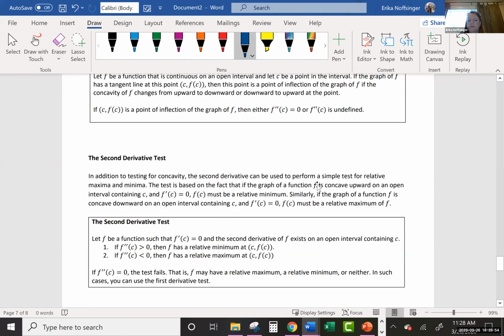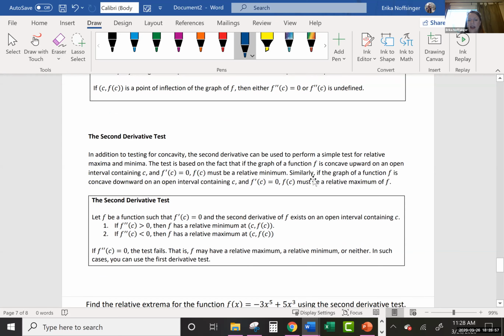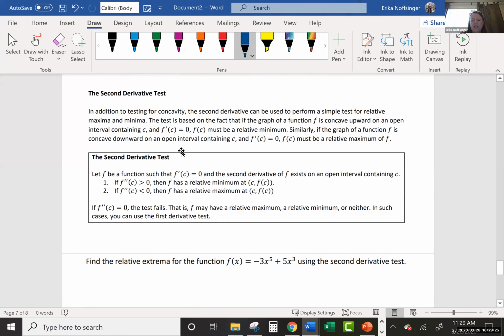So other thing that this chapter talks about is finding max and mins. And so one way that we were finding where a maximum or minimum point were occurring was where we were looking at the first derivative test and we were trying to find, was the graph increasing or decreasing? Where was it changing direction? And by that, we could tell if a max or a min occurred at that critical point. We can also use the second derivative test to find if a critical point is a max or a min. And so there's two ways that we can determine if a point's a max or min. One was the way that we learned before, increasing to decreasing or decreasing to increasing, or the second